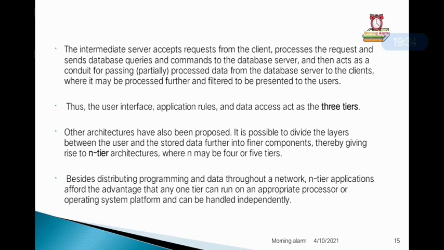So in this architecture we have 3 tiers, and these layers can be further divided into many layers like 4 or 5 layers, and it leads to the n-tier architecture. Besides distributing programming and data throughout a network, n-tier applications afford the advantage that any one tier can run on an appropriate processor or operating system platform and can be handled independently.